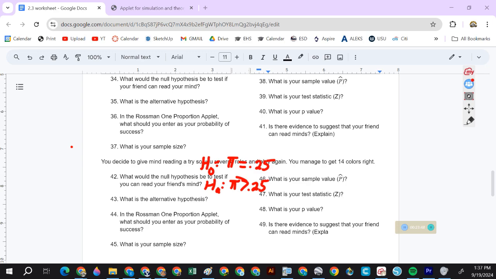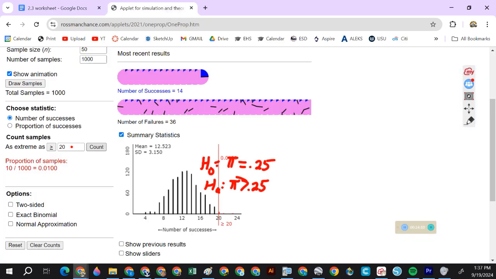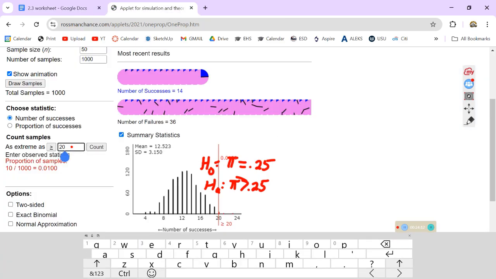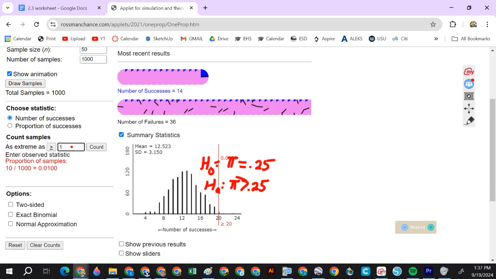All right, look up here. I'm going to ask some really hard questions here in a second, and it will give us a good sense if you understand this or not. How is the null hypothesis in 42 different from the one above? It's not. It's the exact same. The null is the same. The alternative is the same. Okay. When I run this simulation and I type in 14,